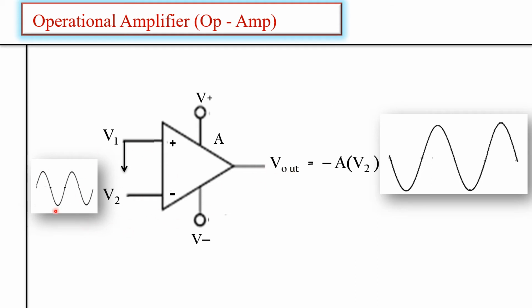So always, if you apply a positive voltage at this terminal, V2, we get a negative output. If you apply a negative input, we get a positive output. So this terminal is called the inverting terminal, and this positive terminal is called the non-inverting terminal. I think it is now very clear why these two input terminals are called inverting and non-inverting. Is it clear? For that we have seen these two circuits, to explain why the inputs are called inverting and non-inverting terminals.